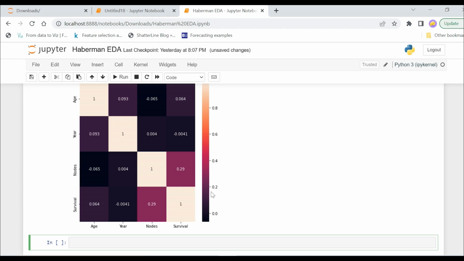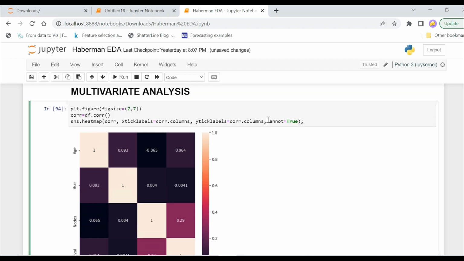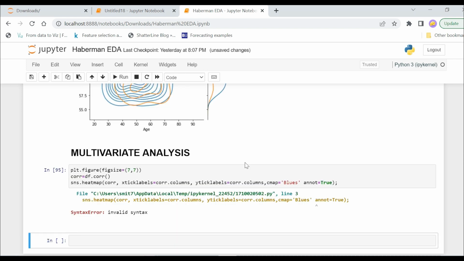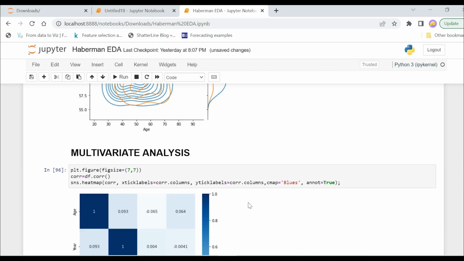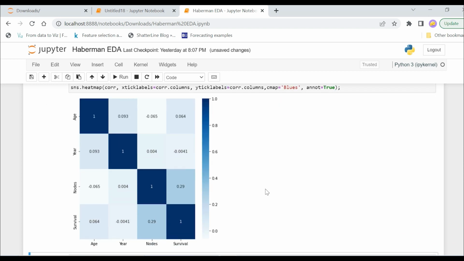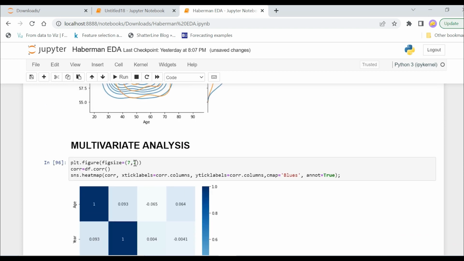So this is black, and so you can actually change it to whatever color you want. If I say I want cmap as maybe blues, so the color will be much more interesting. What is the problem? Oh, now see, let us increase this to